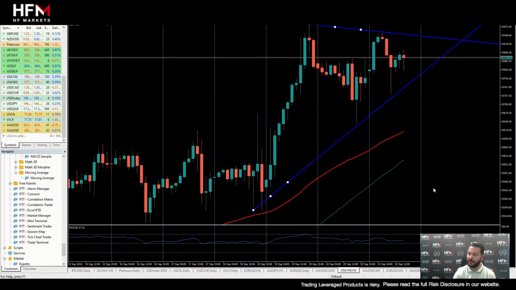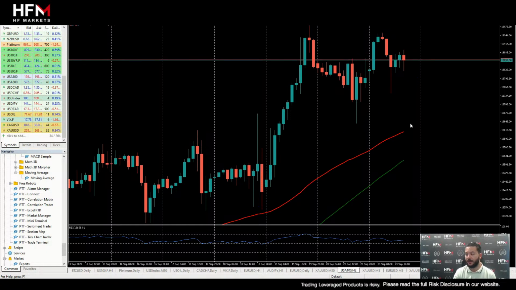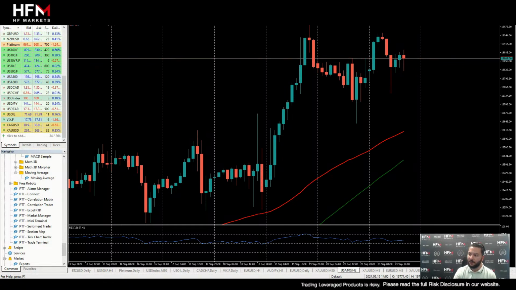Now, if we're looking at our moving averages, we're very, very high above our moving averages, to be honest with you. Both the 75 and the 100 as well. The only thing which is slightly worrying is if we're looking at our RSI here, the RSI is seeing divergence, okay? That is something which is worrying. We're seeing divergence here almost on the RSI. So again, that's something we need to be cautious about.